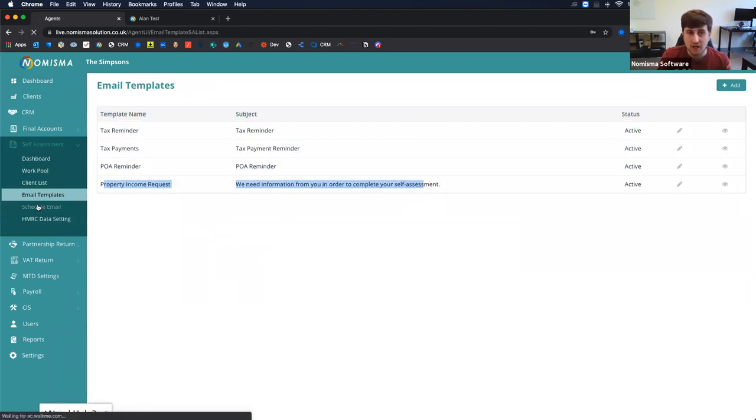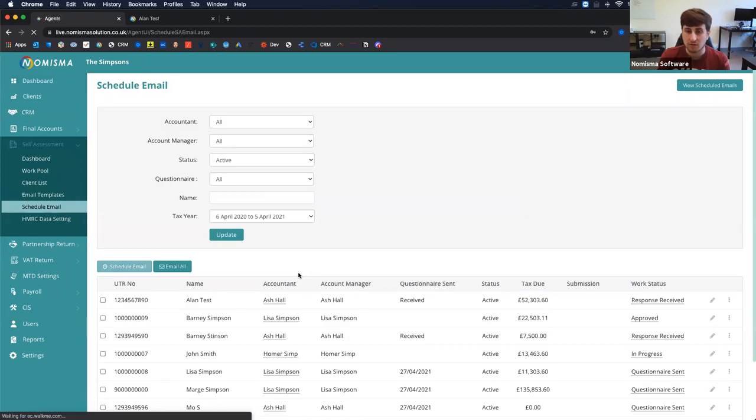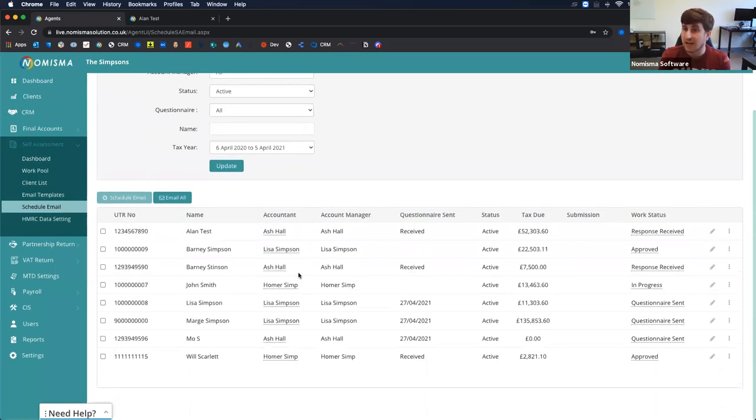And when you go into the schedule email section, you'll be able to see all of your clients in bulk, and you can then begin scheduling emails to them at a point in the future if you wanted to advise them about their payments on account, or you can do it for the new tax year. So you can begin being proactive rather than reactive and sending the emails as and when you need to. So here you could email all clients, or you could select the ones that just have rental property income. So if I now schedule an email,